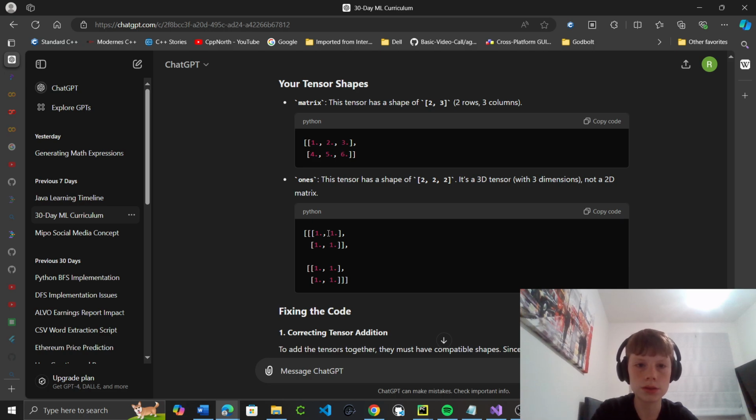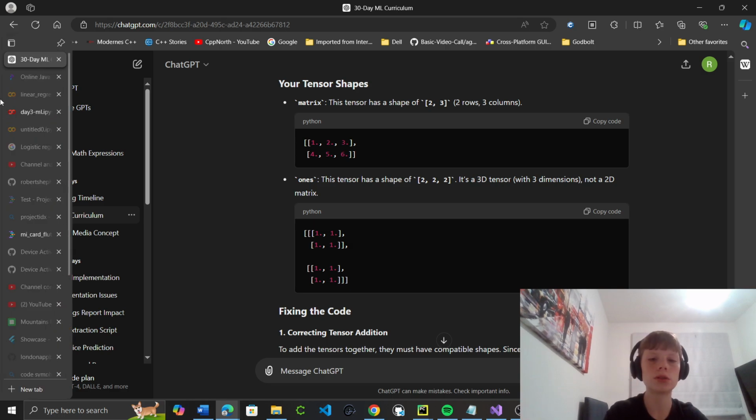It's a 3D tensor, not a 2D. Okay. So then we just can do